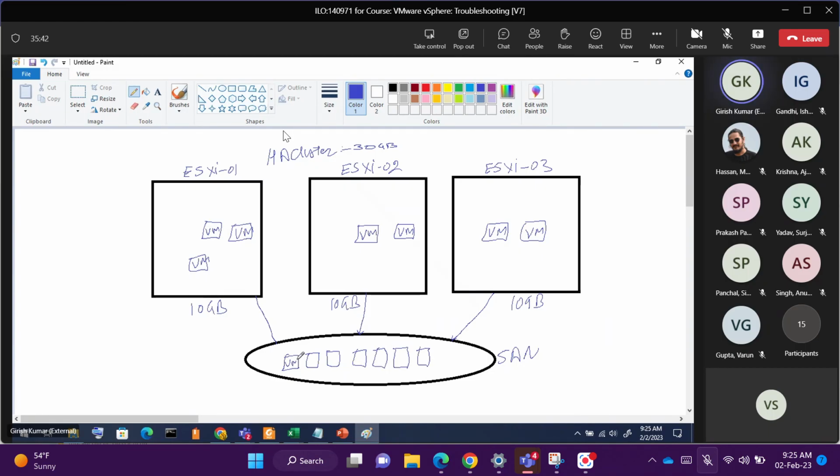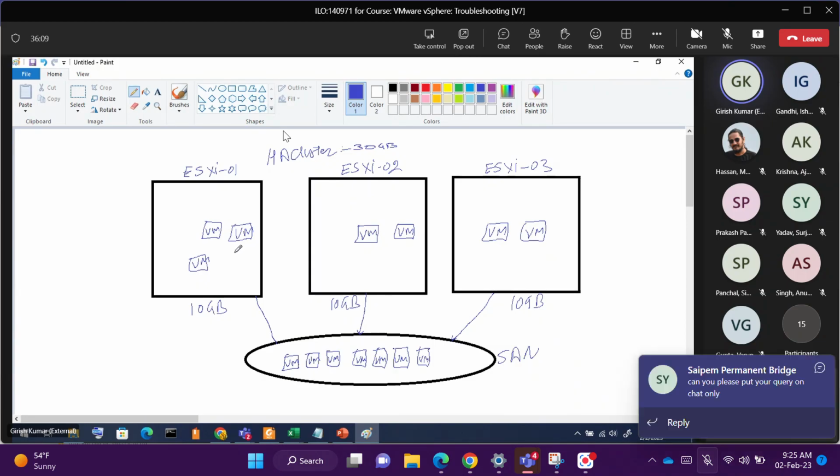So this virtual machine's relevant folder gets created in your shared storage, and all hosts have visibility of all the registered, powered on and powered off virtual machines' related files in the storage. And we want to provide protection to all the virtual machines. So it means we need to use an HA cluster, and within this HA cluster, we are going to use